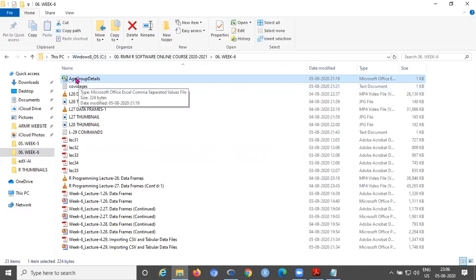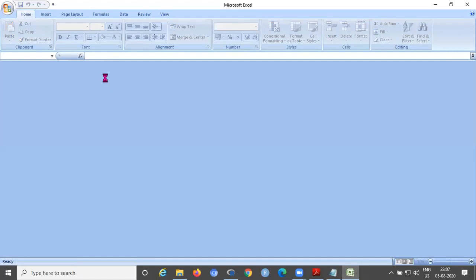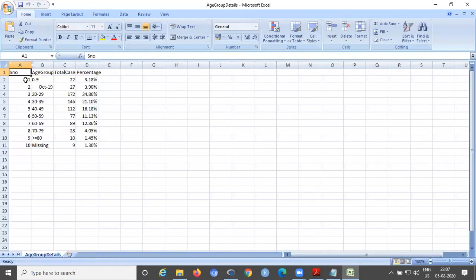Whenever you place the cursor, it shows the description, CSV, comma separated file, with extension CSV, which is part of the spreadsheet. Excel means the extension is .xls or .xlsx, but CSV is comma separated. That means the data, first you can see what it contains. Open this file. Let us see what it contains. Here you can see a similar format of table with column headings, then rows with values. So this is the data you want to import to R.